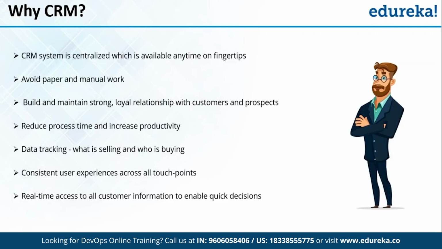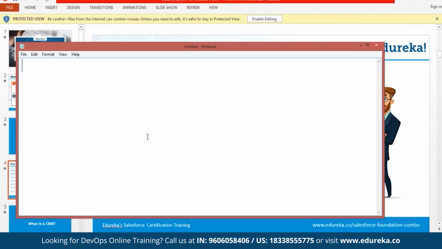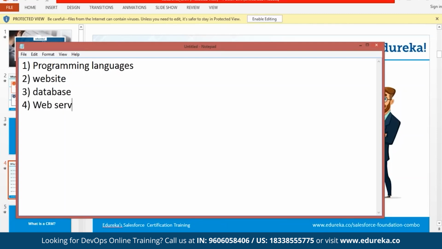You can create it. Then you have to purchase, let me write it down instead of talking about it. So if you want to build a CRM, the first thing I need is knowledge of programming languages. Then I need a website if I want to do it online. Then I need a database. After that, I need some web services, online services. After this, I need a good computer to do it. So I need the best developers, maybe with good hardware.